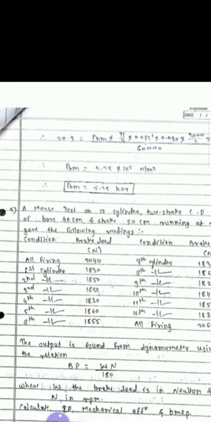We just have to solve this equation, and whatever value we get is nothing but the brake mean effective pressure, which will be 5.25 into 10 raised to 5 Newton per meter square. So convert this in terms of bar. So we can say our final unknown, that is brake mean effective pressure, is equal to 5.25 bar. So in this way, by using the Morse test, we can find out our unknowns.